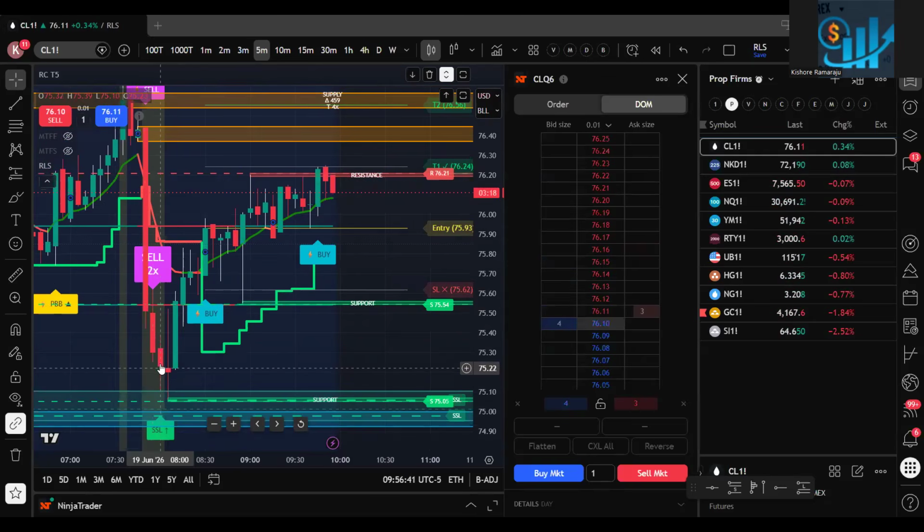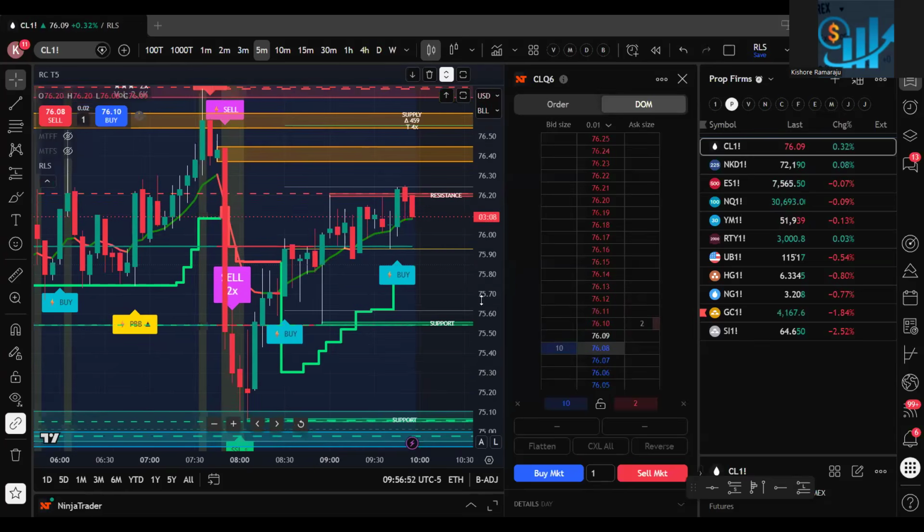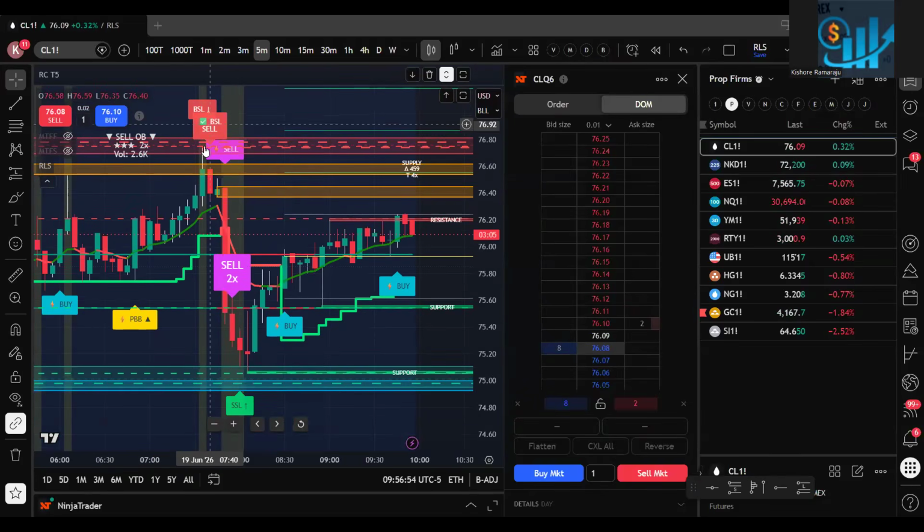I'll try to adjust the logic so that even after two candles, if you see a nice green candle after sell side liquidity, you can do an SSL buy here. But yeah, that's what these buy side liquidity and sell side liquidity buy signals will help us to grab big moves before they happen. If we do this sell, you may make profits, but a big move already happened. So you may make only profits until this level. But if you catch much earlier, then we can catch very huge moves.